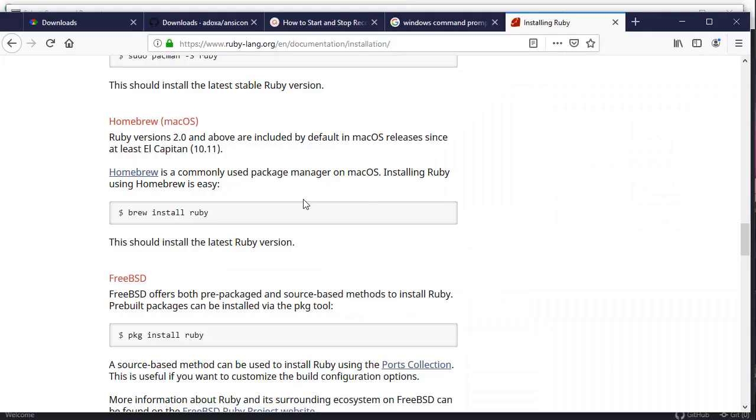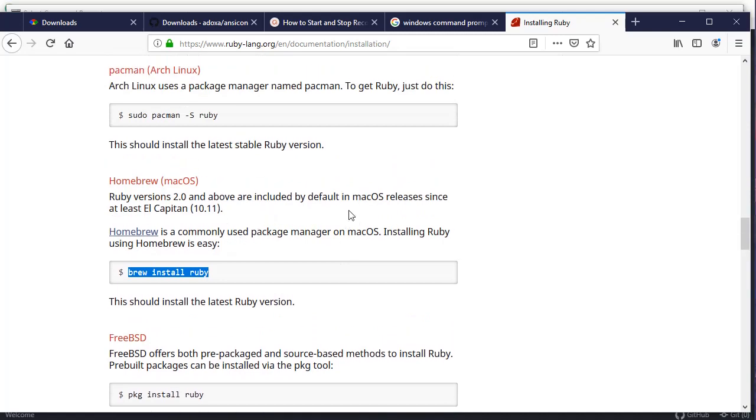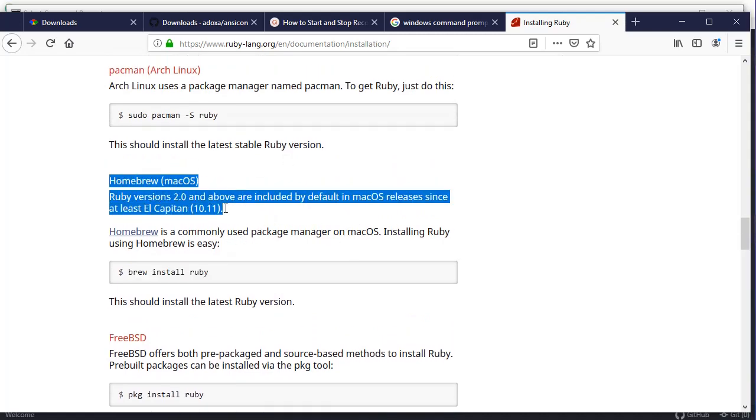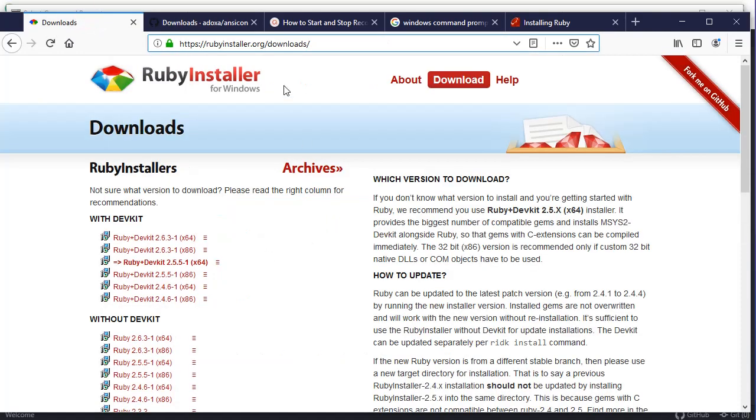Installing Ruby, if you have a Mac, you should already have it. You can see here this ruby-lang.org. If not, this brew install command should get you up and running. And there's some other directions you might need to follow, but it's a pretty straightforward process on Mac if it's not already installed. If you are on Windows, you can go to